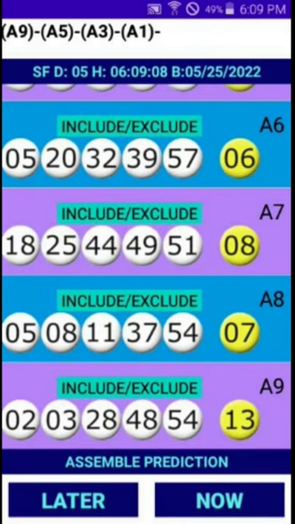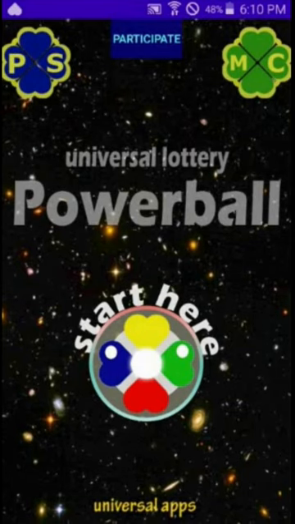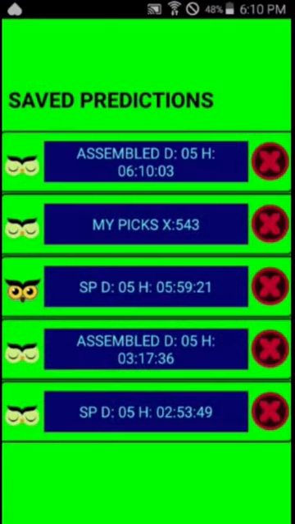And when you're done picking the ones you like the most, down here you have 2 buttons that say assemble projection. If you tap on later, it quits and goes back to the beginning. If you tap on now, it saves it for you in saved projections. I got it. And if you go to PS on the upper left corner, you see it's the first one on the top, says assembled, gives you the date and the hour it was assembled. It's the one we just